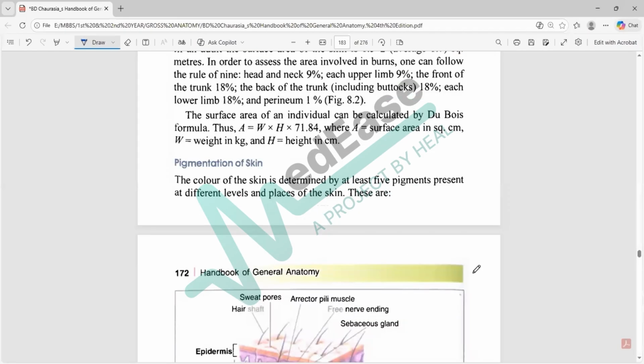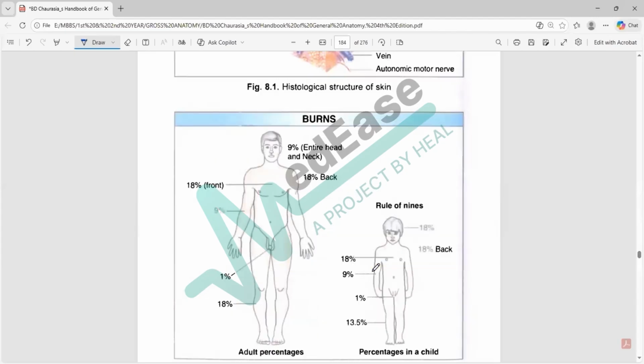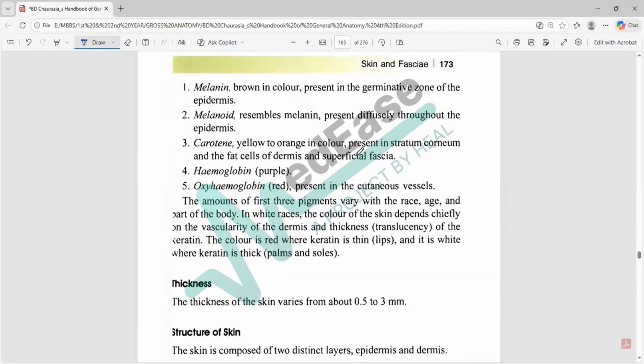Now when we talk about the pigmentation of the skin, this is the normal distribution for the burns all over the body for the adult as well as for the children. Now when we talk about the important pigments involved in giving the skin its color, this includes the most important of all, the melanin mainly. Like the melanin, the melanoid, both are somewhat the same, present in the skin just under the epidermis, providing the skin its typical color